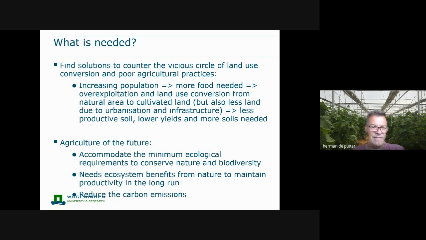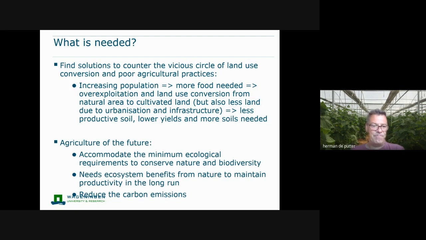And at the same time, because of increasing population, less land is available due to more competing claims. What we call is that more land is needed also for urbanization and infrastructure. So in the end, we have less productive soil, lower yields, more people to feed. So more soils are actually needed. Or we have to look at